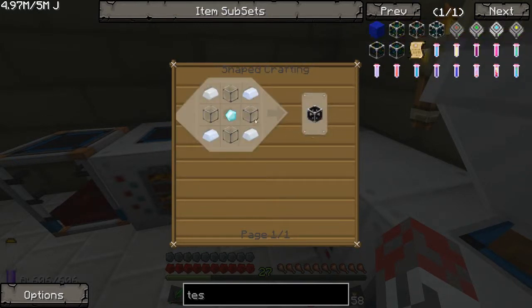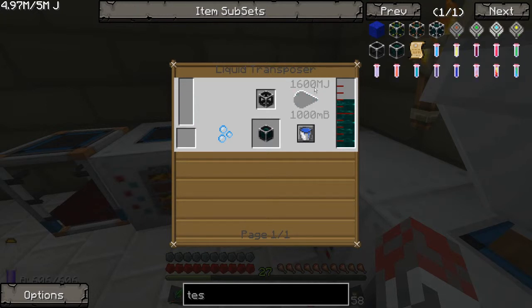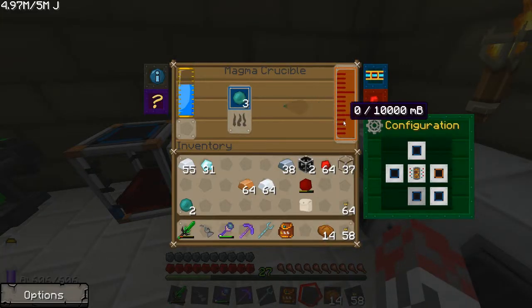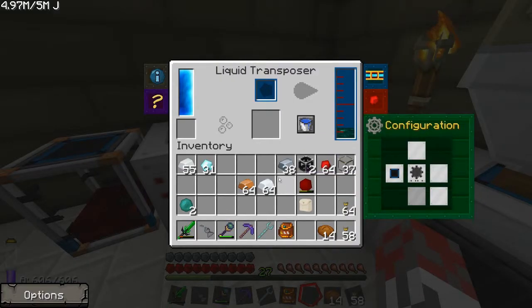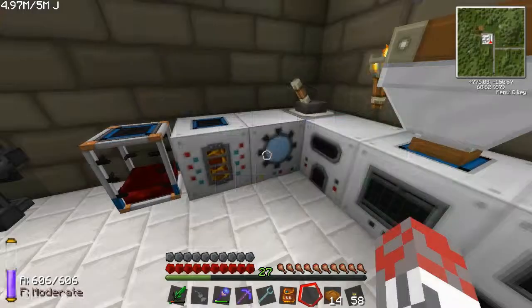So what am I doing? I can actually just look on here. So we need 1000 mB. So I think that's 1 bucket. So we've got 1 bucket, so we can actually put this in. And what this should allow us to do is that it's cooking up. So when we get 2000, we'll have enough. There we go. So what this will do, this will go through the process and make us our